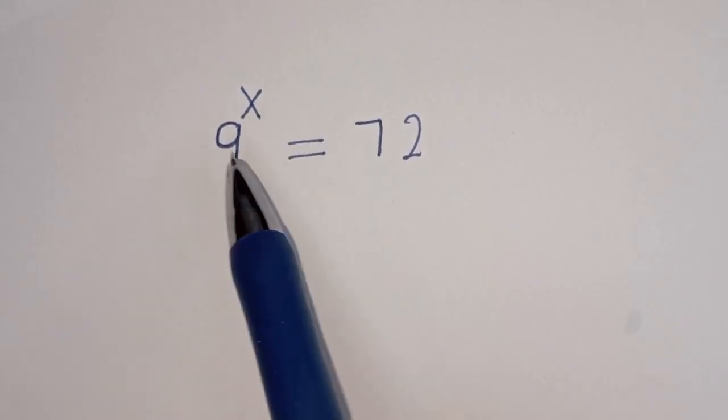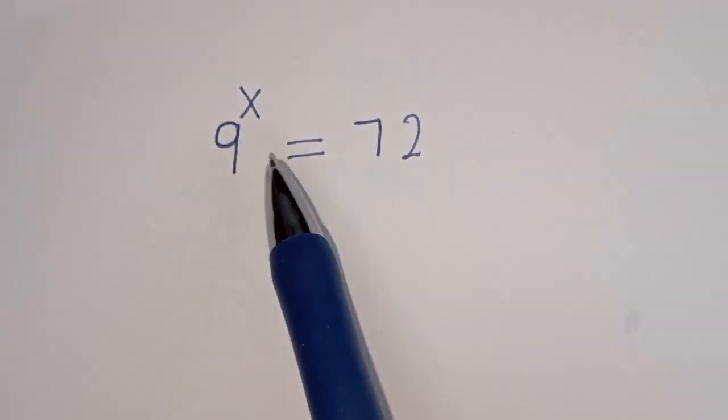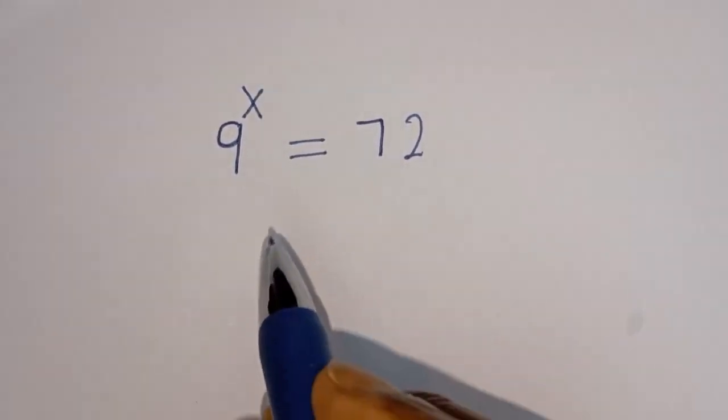Hello, how to solve this nice math problem? 9 to the power of x is equal to 72. Then here,